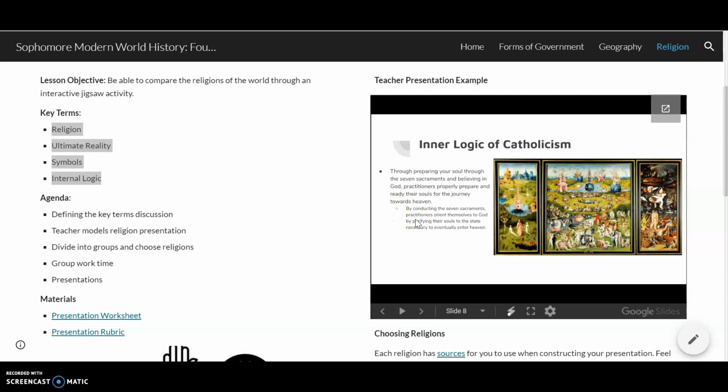By conducting the 7 sacraments, practitioners orient themselves to God by purifying their souls to the state necessary to eventually enter heaven. And I have this little chart that's showing earth, purgatory, heaven, and hell. So that's something unique to Catholicism that I could talk a little bit more about if I was giving the actual presentation. Talk about how